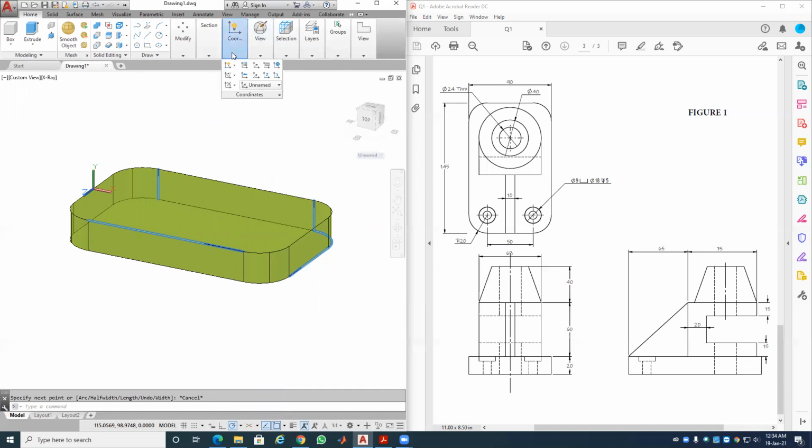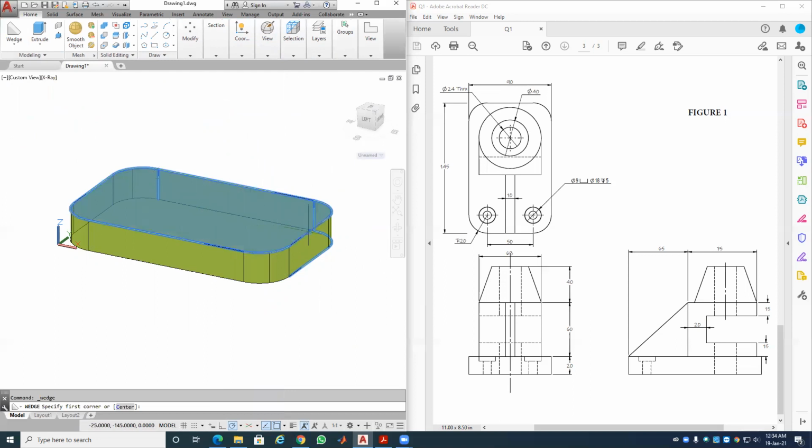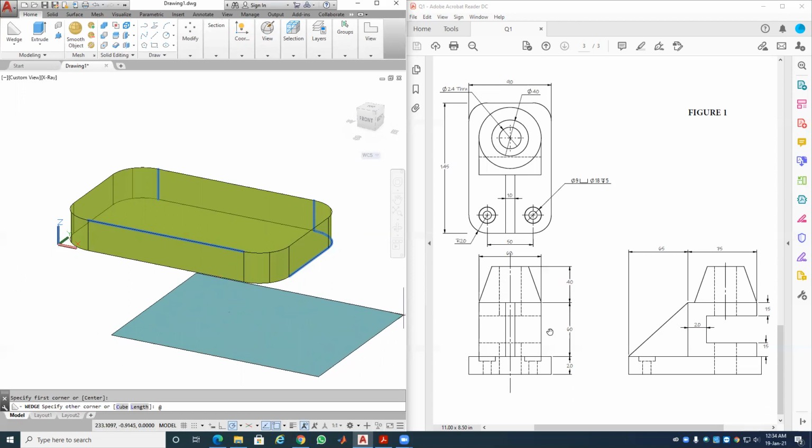Maybe I can go back to the original and try to use this one instead. Wedge. Do it over here first. So put it from there. And the second one is, okay, I can use add. And I know the length is 65, and